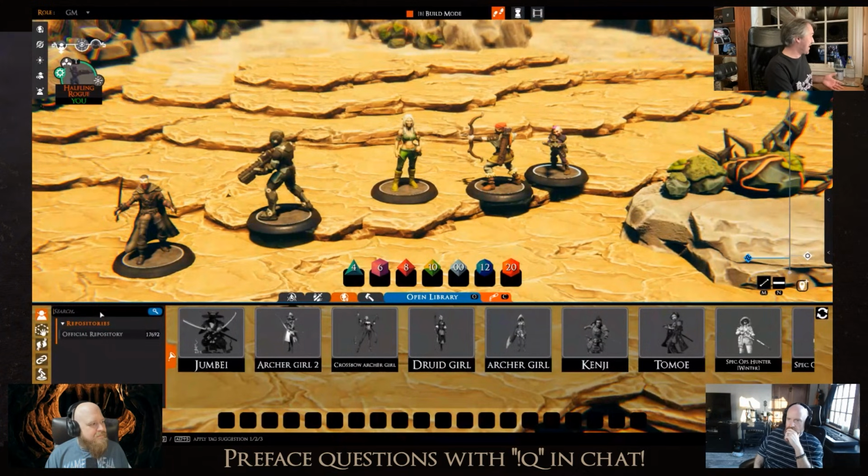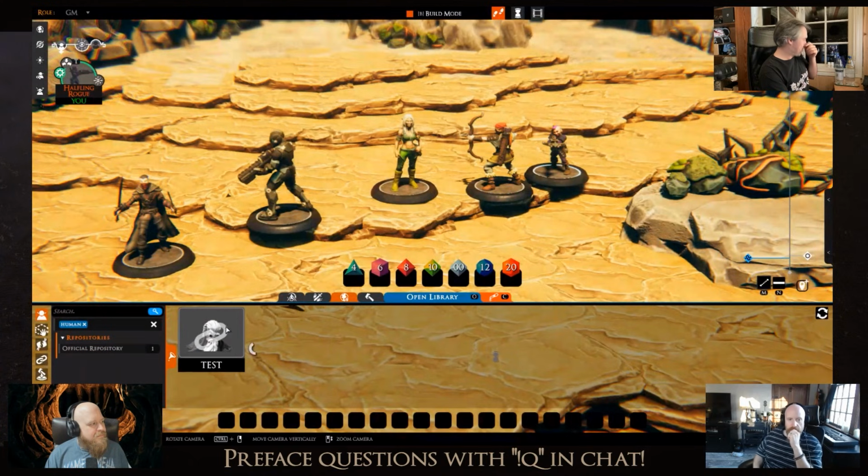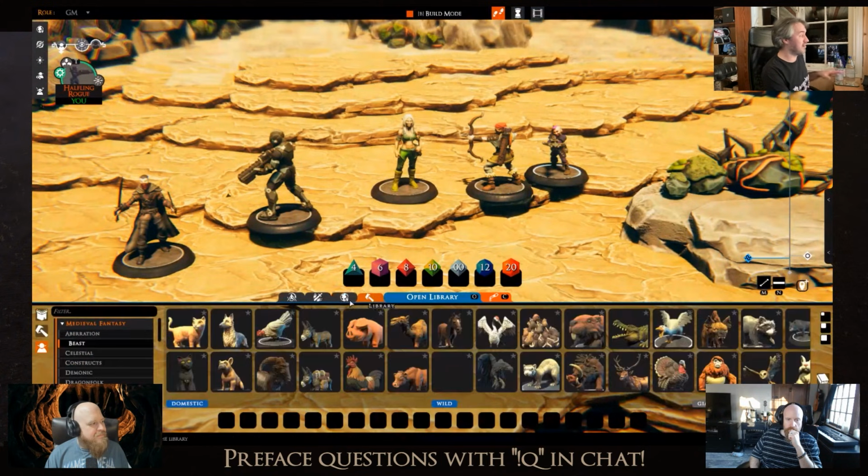Obviously, nothing in here is tagged right now, but I can type human and click on this tag. I'm going to click on search here. We have one miniature that we've been tagging for testing that's tagged human. It's also tagged 2D, which is silly, but we needed to test things. So that is coming. It will be made available. The value of that is going to be when enough people tag their stuff, which we've built tools to help you do inside Tailweaver Lite. Then the value of that search is really going to build up.